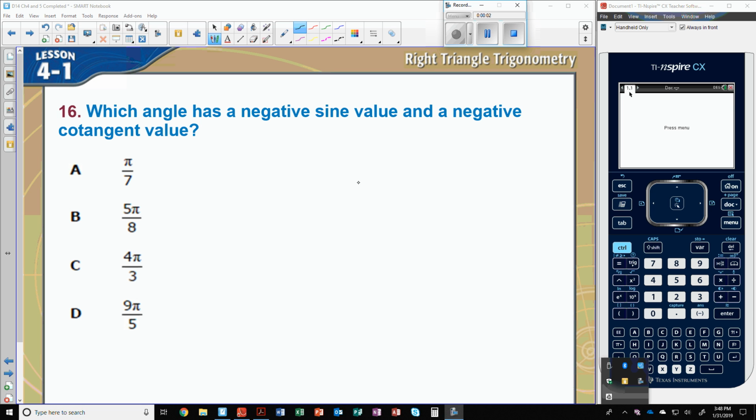Number 16. Which angle has a negative sine value and a negative cotangent value? So I'm going to first start by figuring out where all these angles are located. And I'm going to remind you that when we start graphing, we start from the positive x-axis, and we say